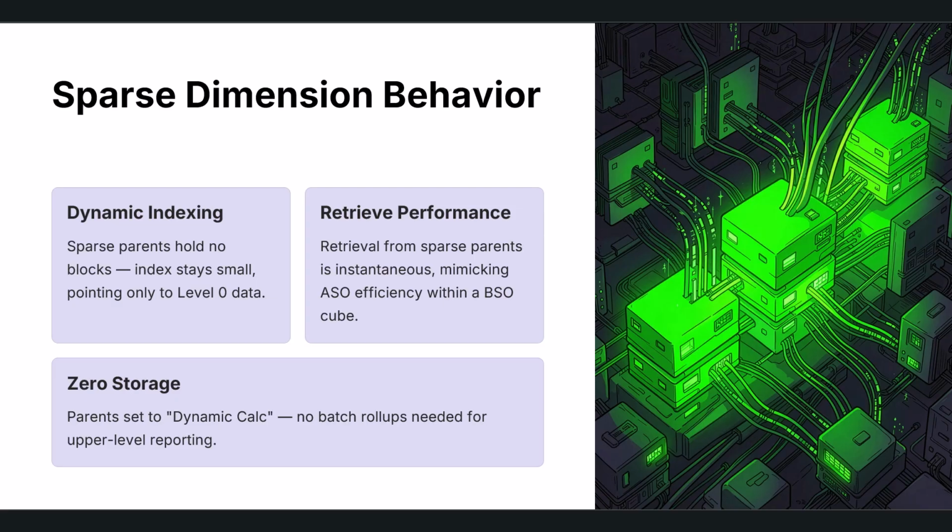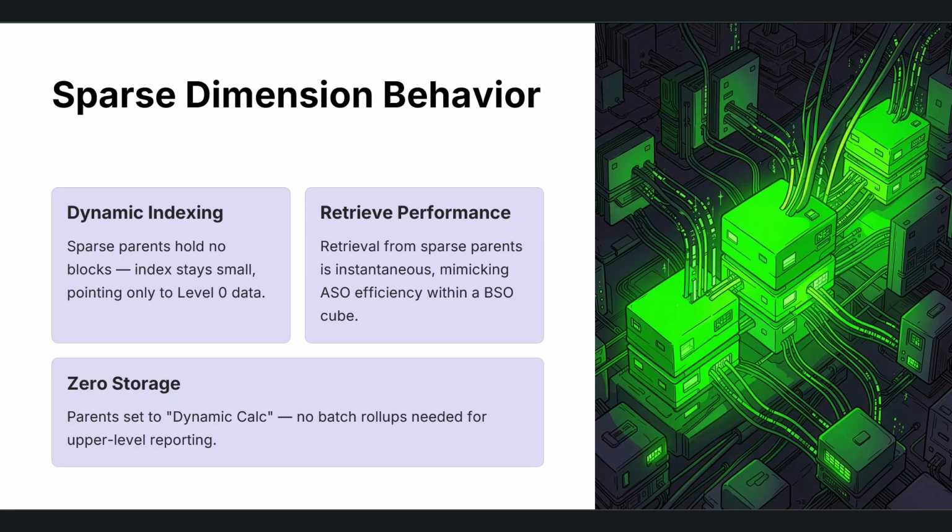Second, it's dynamic indexing. Because the index is small and the engine understands that parents are dynamic, retrieval from sparse parents becomes extremely fast, because we'll have blocks only for level 0 members, not for the parent members, right? Since we don't have a block for parent members, the index size will be very small. So if you have a small index, the retrieval process will be very fast because the memory has to parse only a few indexes or a few for loops to get the data